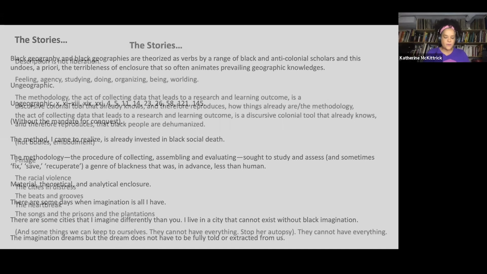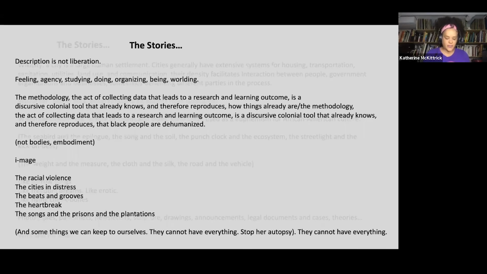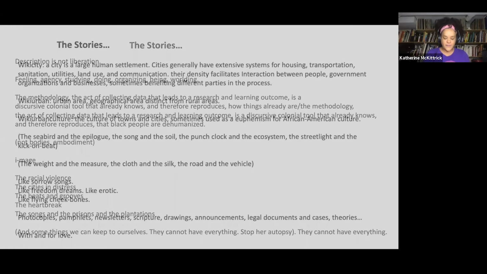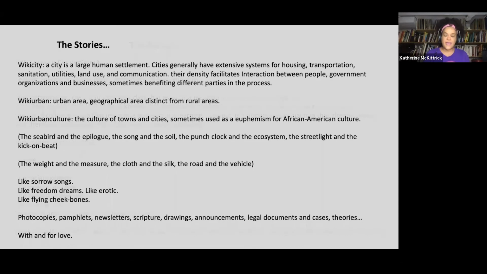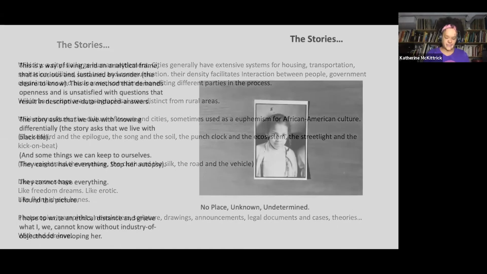Whenever I write and whenever I think about the production of space, I want to hold on to all of this: the racial violence, the cities in distress, the beats and grooves, the heartbreak, the songs and the prisons and the plantations, as a way to emphasize that the lesson is not to make and therefore stabilize place, but instead to continually theorize place as relation, and to recognize that this work of theorizing is in itself how Black geographies